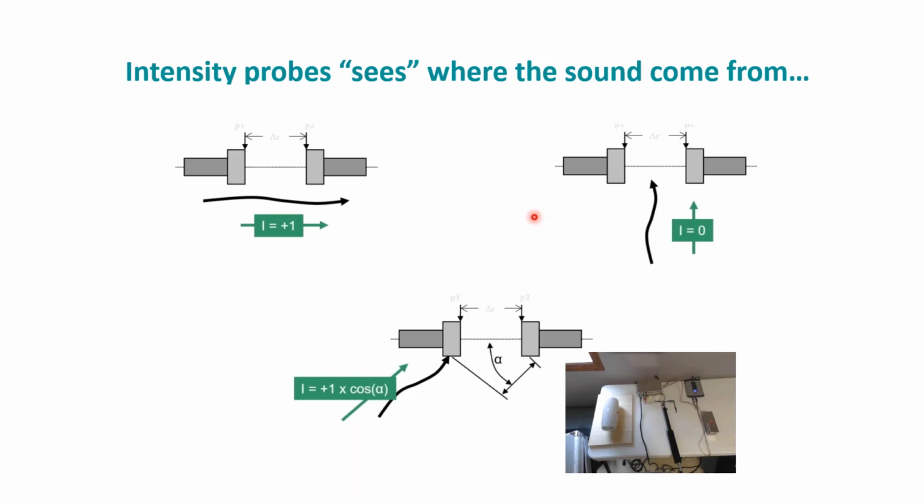There are pros and cons to using the intensity probe, which is this 2-microphone probe, over the PU probe. And the PU probes are in these little boxes right now because they're really fragile. So until we actually start measuring, I'm going to keep them safe. But the PU probe looks like this. So there's no preamps or microphones or anything else that kind of makes it a little more confusing. It's a little easier to use.